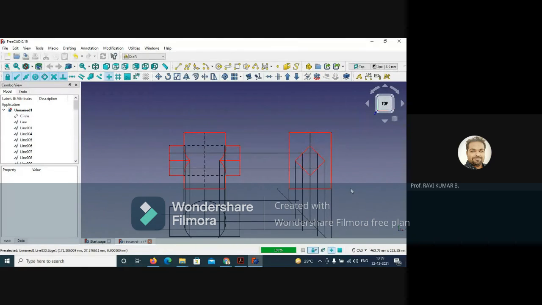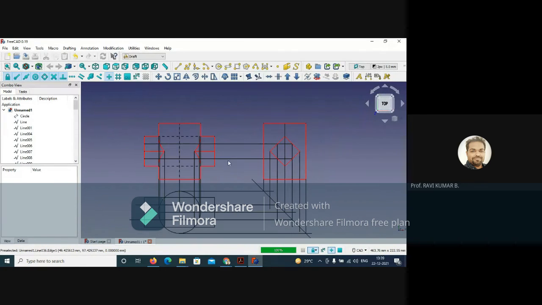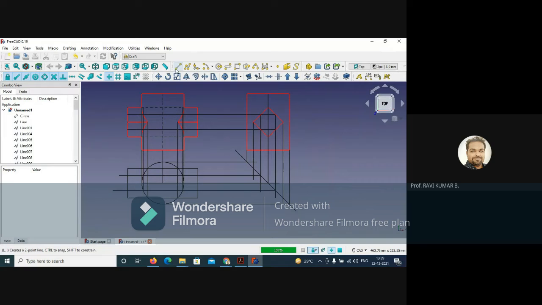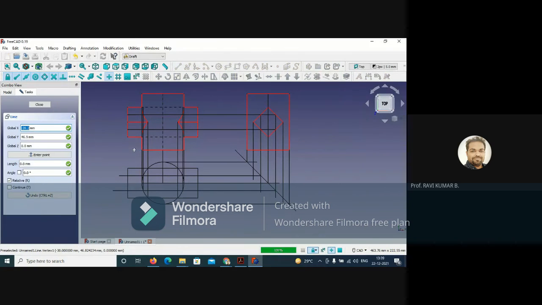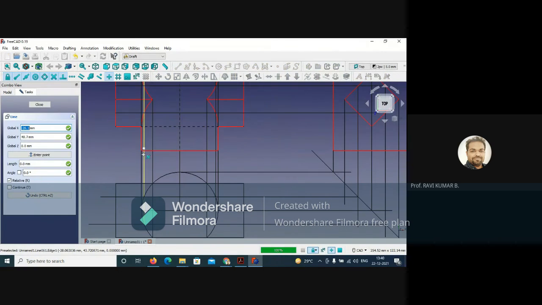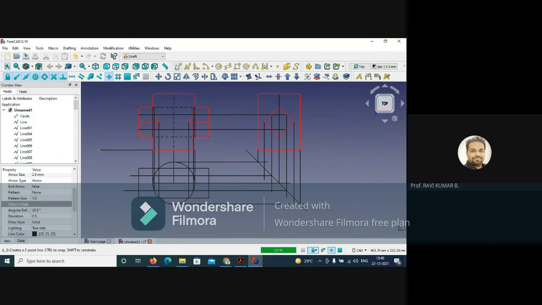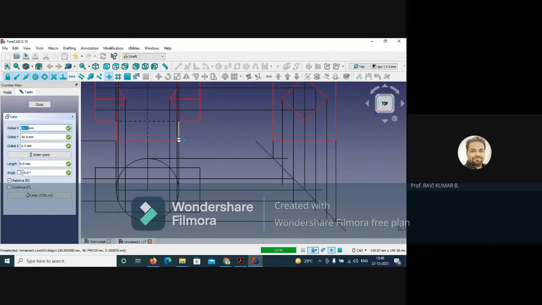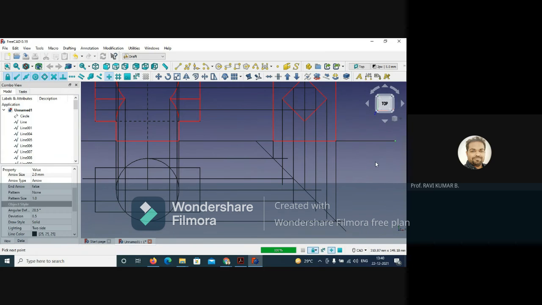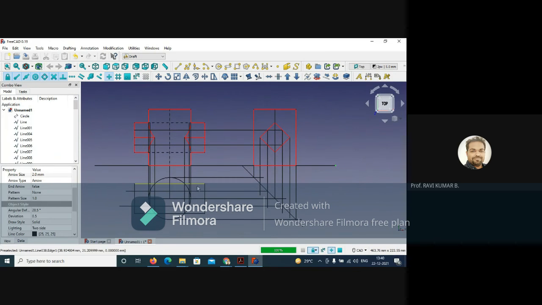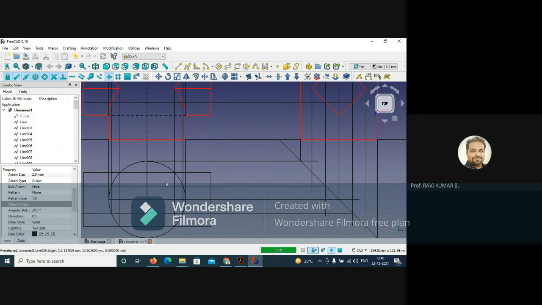This is also over. Now take a line and draw the XY reference line. So you can take the line, either you can start from this side to this side, or you can draw a single line. So only in this exercise, the problem is a lot of modifications are there. Otherwise, this was very simple. So this has been drawn. The same treatment now here also you have to do.